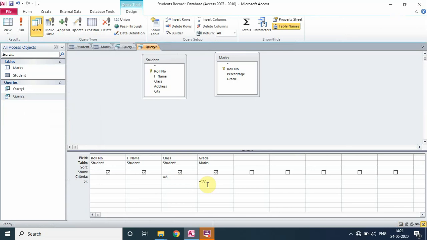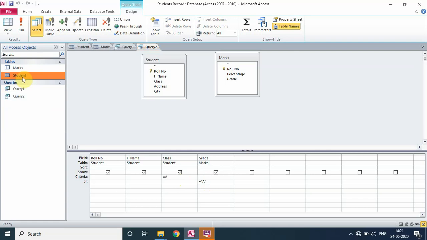So OR criteria में क्या होगा? Either this condition is true or this condition is true. इन दोनों conditions के according match करके we have been shown the results. First we have applied AND. उसमें दोनों conditions सही होनी चाहिए थी. यहाँ पे अगर एक भी सही है so we will be able to fetch the records. So this is the way how we can work with the queries.